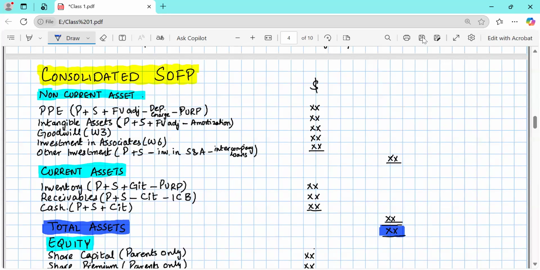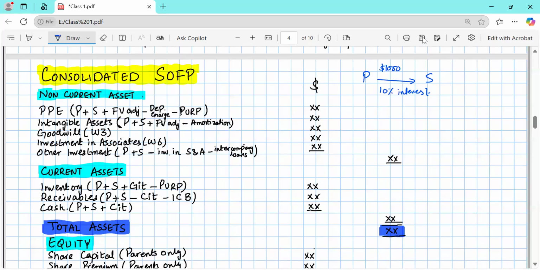Now, what does intercompany loan mean? Intercompany loan means that one company has given a loan to the other company. Let's say the parent company has given a loan to the subsidiary company of $1,000. Okay. Let's say, for example, they are charging 10% interest on that. Now, if the parent company gives a loan to the subsidiary company, in return the parent company will get what? Interest payments, right? Interest.